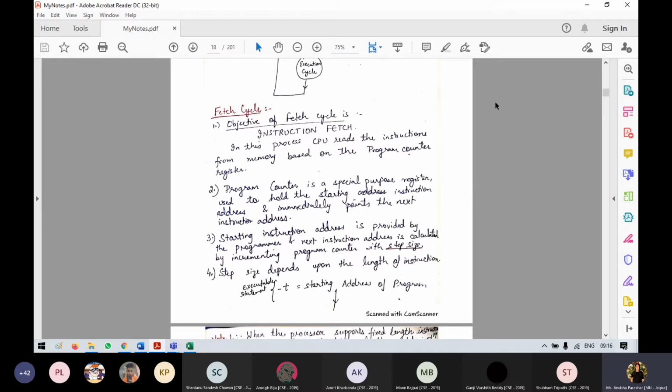But if the memory is not consecutively allocated, then the program counter has to hold an instruction address which is not consecutive, so we cannot increment it automatically. That will also come after the second step. The third step is the start instruction address, which is provided by the programmer, and the next instruction address is calculated by incrementing the program counter with the step size.